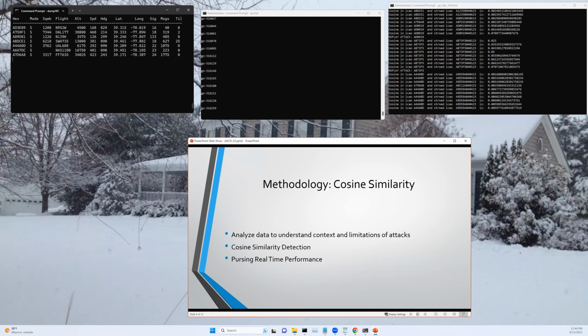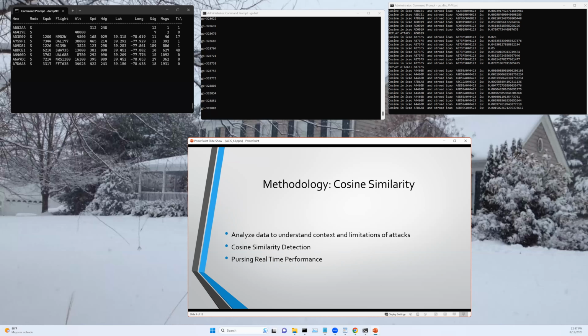Cosine similarity is a measurement calculation to tell us how similar two data sets are to each other. If the calculation results in 1, then the two data sets are identical, while at 0, they have nothing in common. It is widely used to compare two different documents to gauge the similarity of those documents.